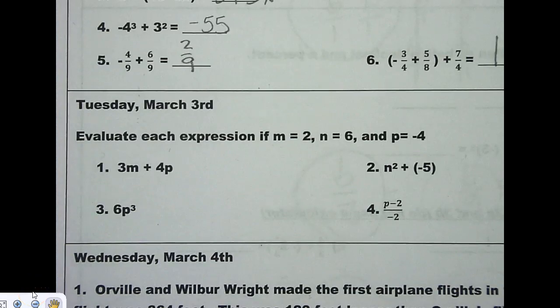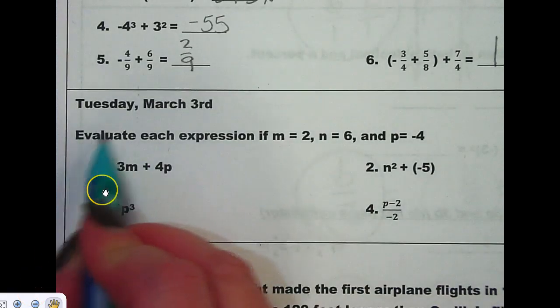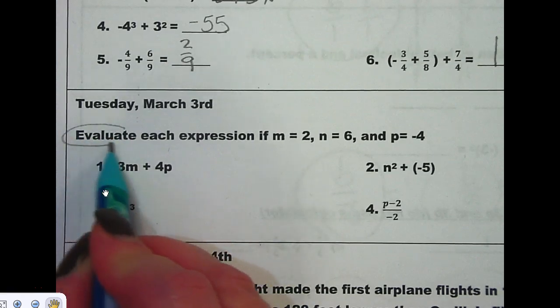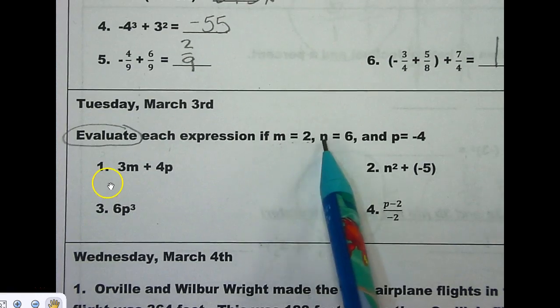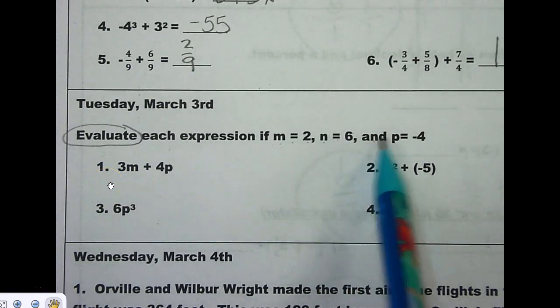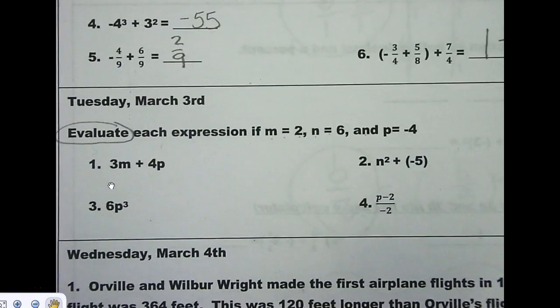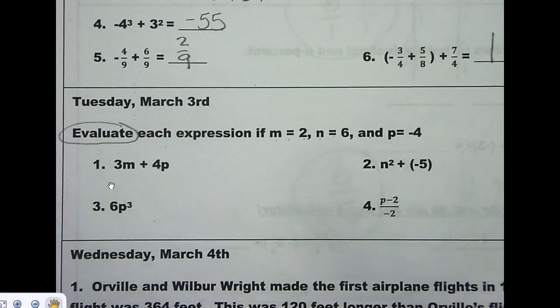Right, let's take a look at our warm-up from yesterday. Evaluate each expression. What does evaluate mean? Solve each expression if m equals 2, n equals 6, and p equals -4. All right, and on the board, when the directions were on the board for doing your warm-up, what did it say to do? Show the